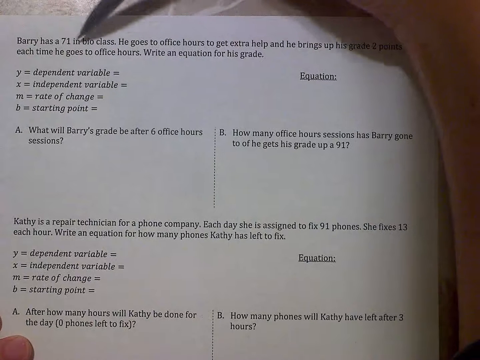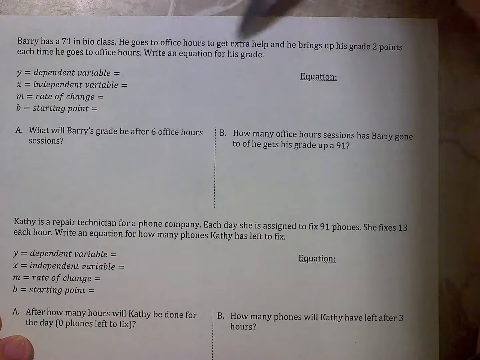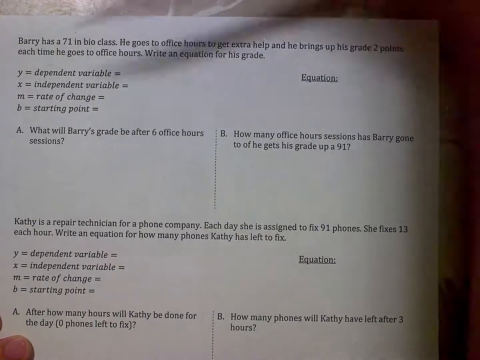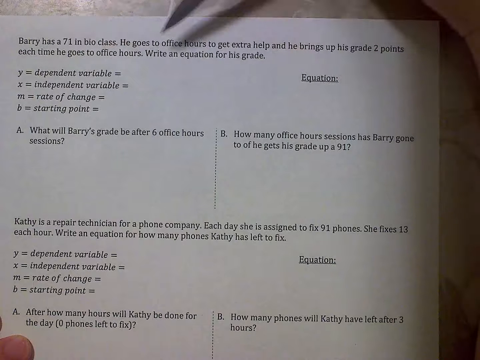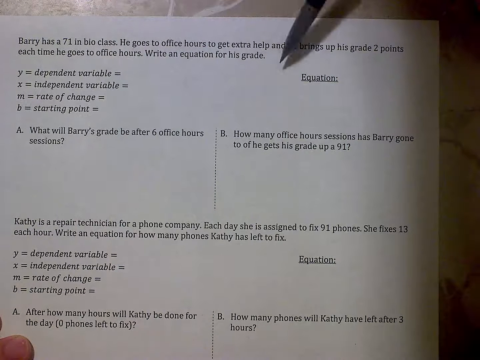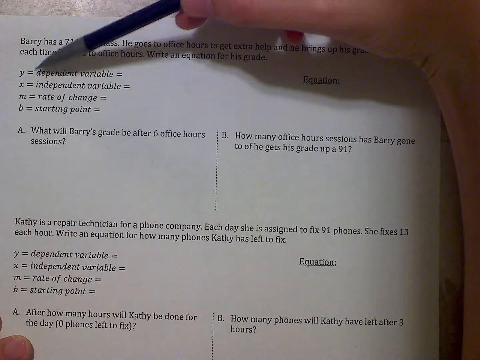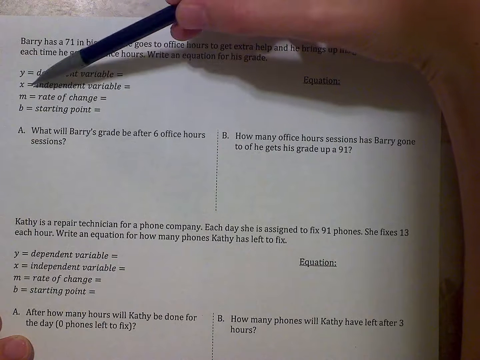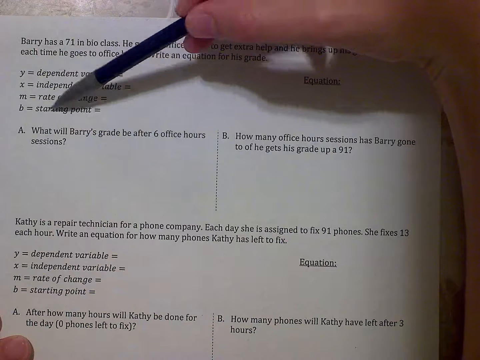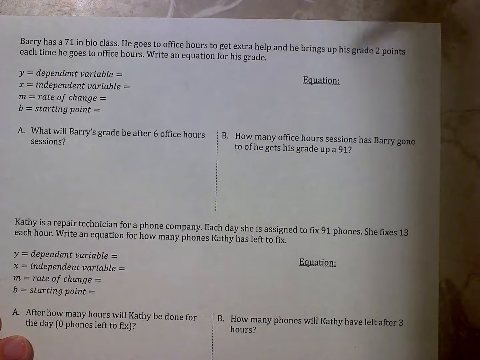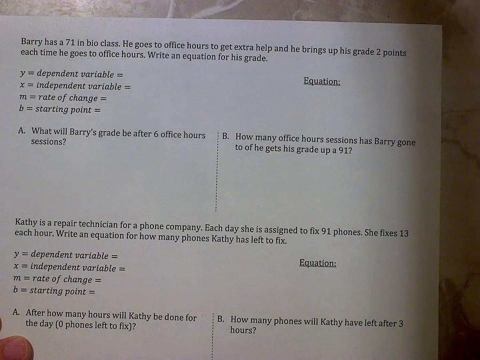Barry has a 71 in bio class. He goes to office hours to get extra help, and he brings his grade up 2 points each time he goes to office hours. Write an equation for his grade. Okay, so we're going to identify the dependent variable y, the independent variable x, the rate of change, and the starting point. Okay, so you've already had some practice identifying the rate of change and starting point, so you might